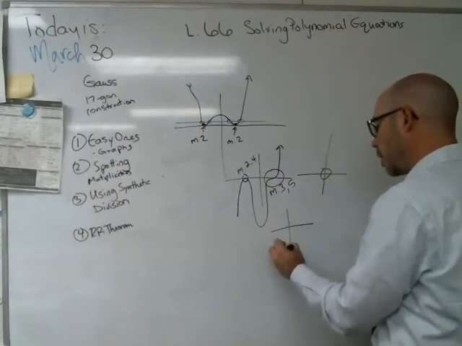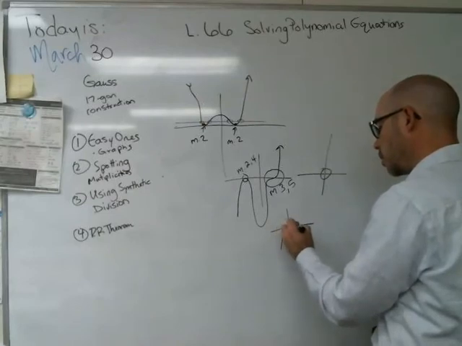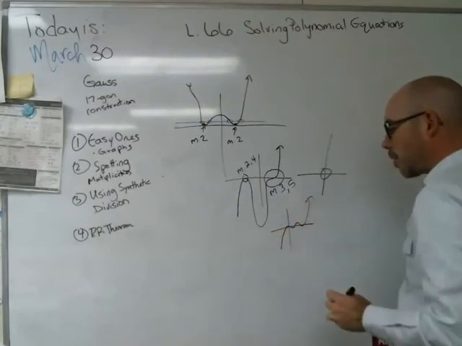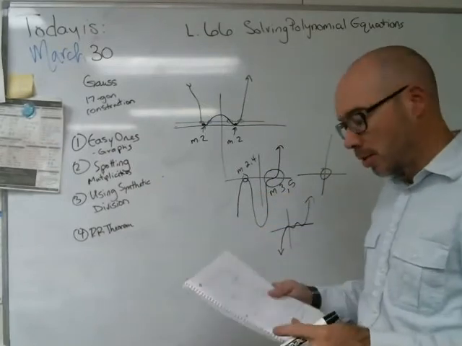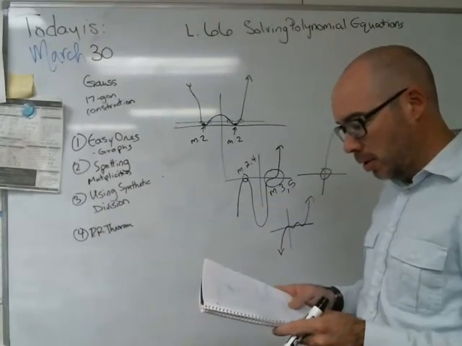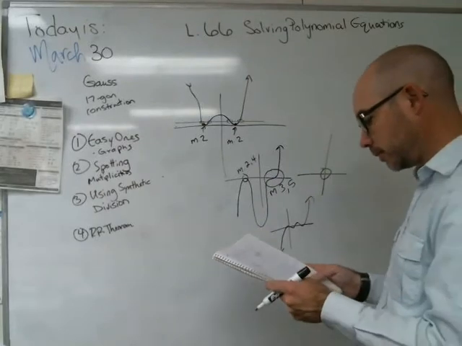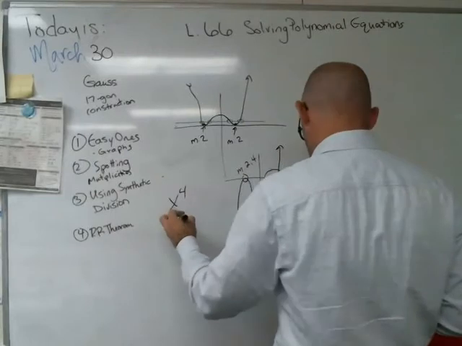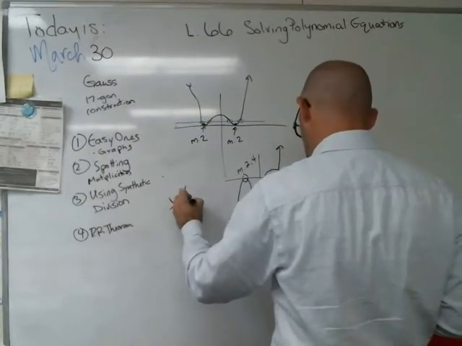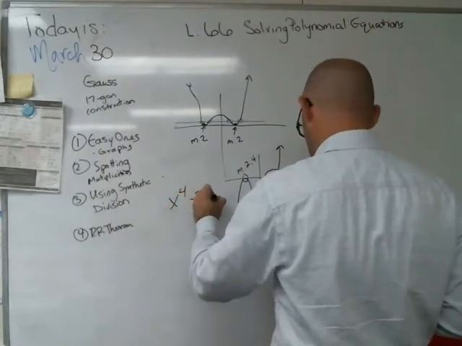5, it could have gone 1, 2, 3, 4, 5 before it carries on. That's why it's a really good idea to zoom in on these zeros and give them a much closer inspection. For instance, you could try the graph 4x, or x to the fourth minus 2x squared